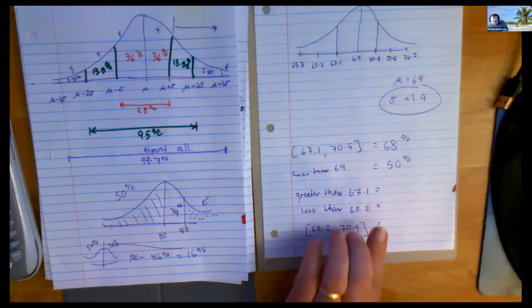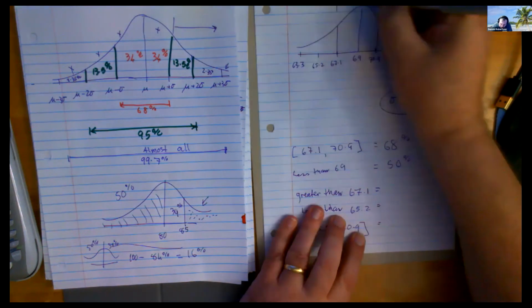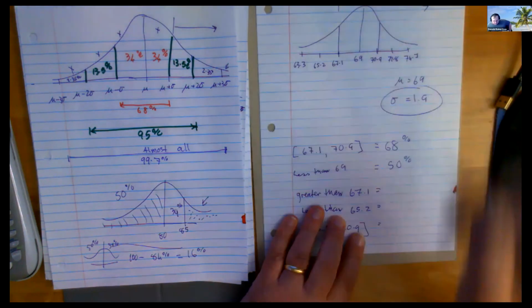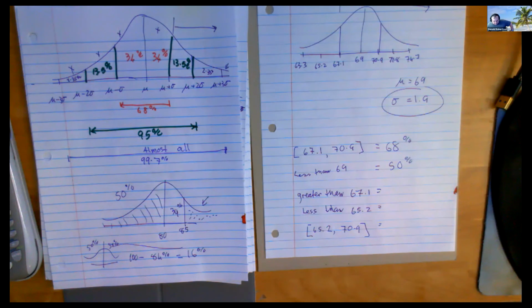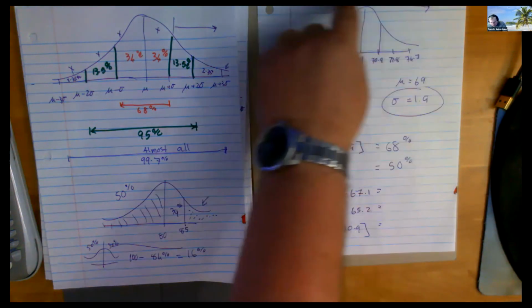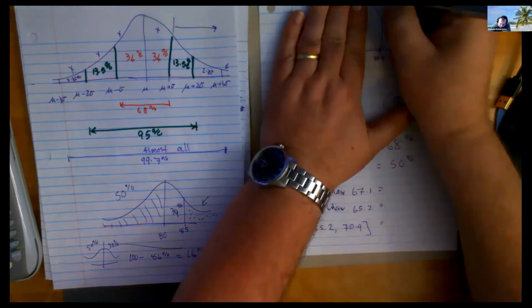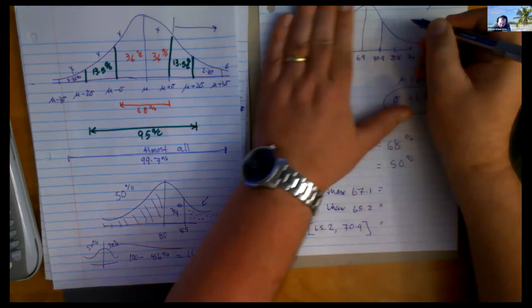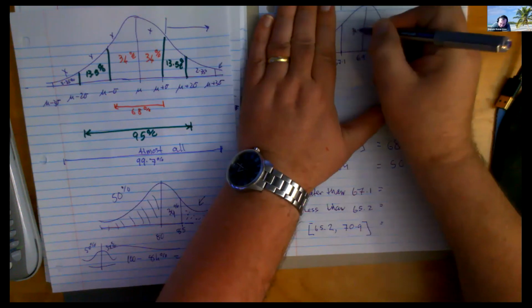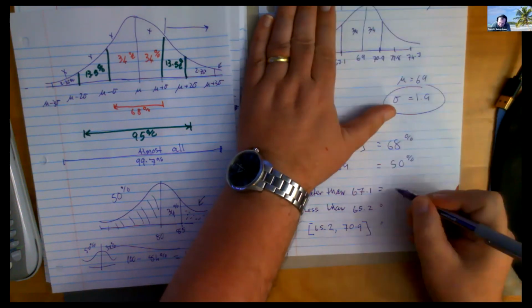So greater than 67.1 would basically be all of that. But remember, when you do, typically when you do a greater than or less than, don't you have a different strategy? So if I wanted to find out what this fella here is, wouldn't I basically say that half is 50%, and that little piece in there, isn't it 34? So actually that one wasn't too bad. That was what, 74%?